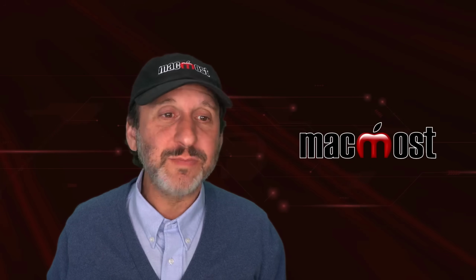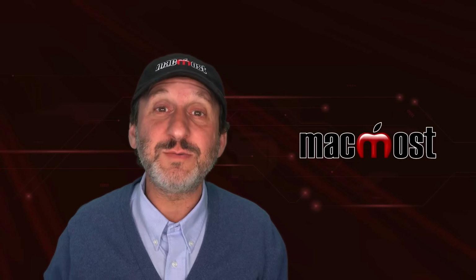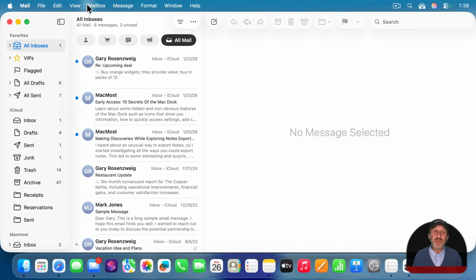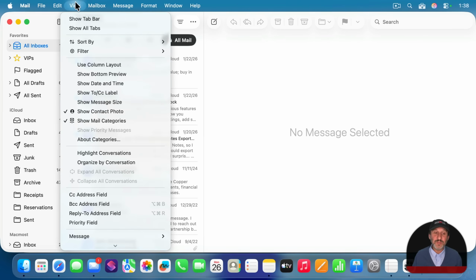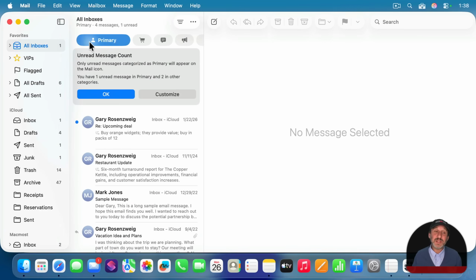So what's going on here? Well, Mail has this feature where it can automatically categorize messages for you. I don't have it turned on here, but I could turn it on by clicking on the More button here and using Show Mail Categories. You also have it in the View menu. Here it is, Show Mail Categories with a check mark now because I turned it on. And now my mail is categorized into primary,